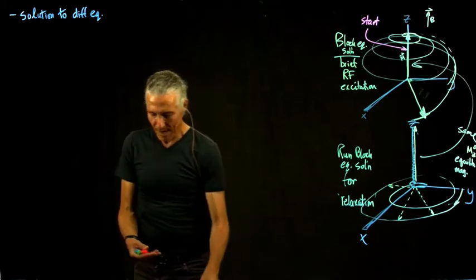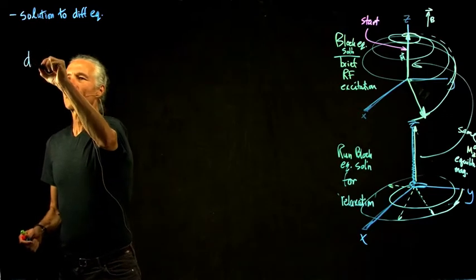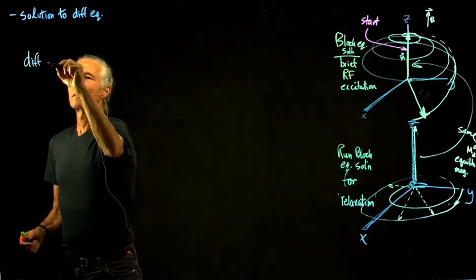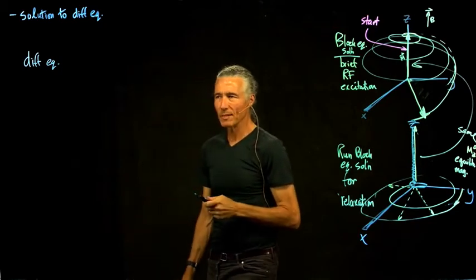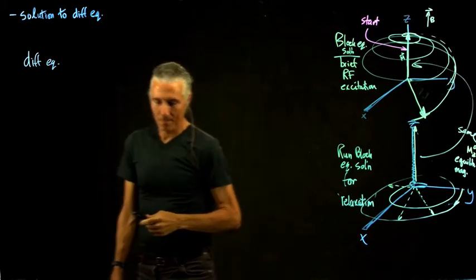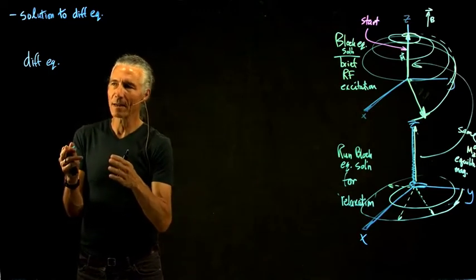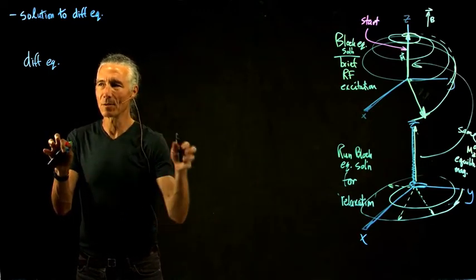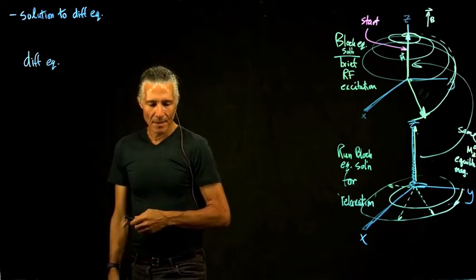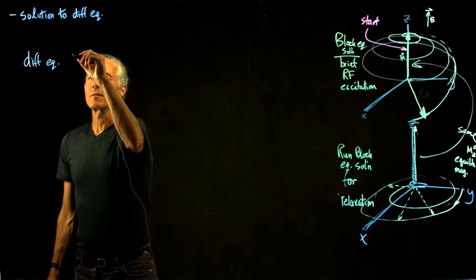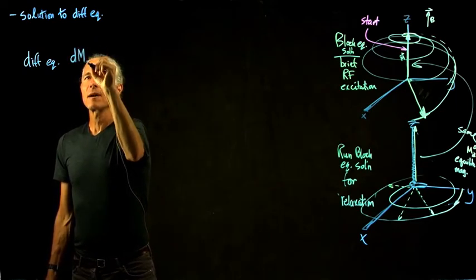Let's just write out the differential equation, just the little piece of it that is the T2 part. So we'll just do the T2 part. The differential equation, which is just that little piece of the Bloch equation, so throw away the precession term, throw away the T1 term, you just have the T2 term. And so what was that T2 term? The T2 term was the change in the XY magnetization,